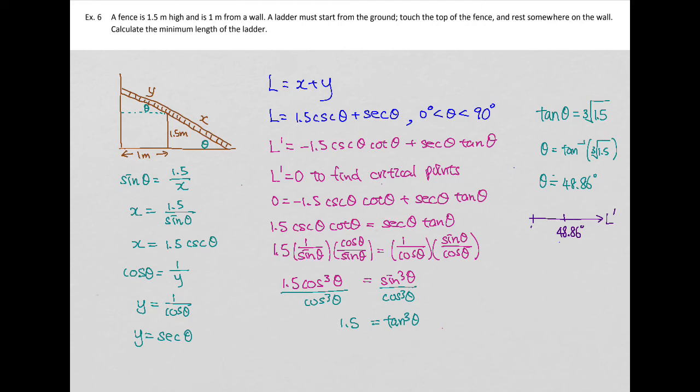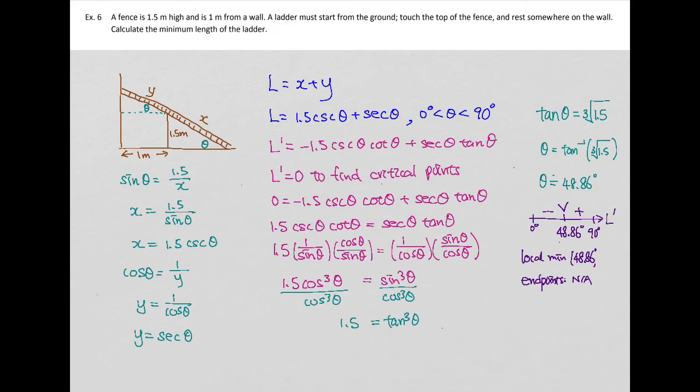And remember to put the domain down, 0 and 90 degrees. And let's check the positive negative sign. On the left-hand side is negative, on the right-hand side is positive, meaning decreasing, increasing. So we have a local minimum at 48.86 degrees. And we're going to check with the endpoints, which is not applicable because there's no equal sign on